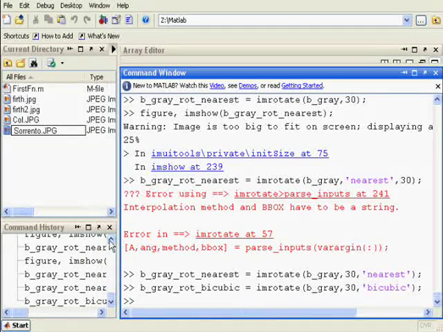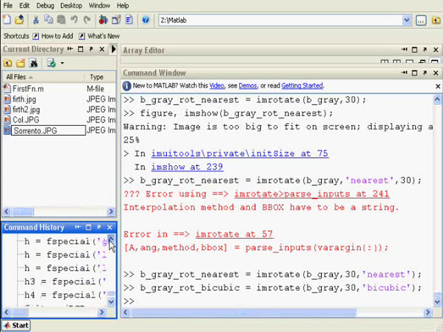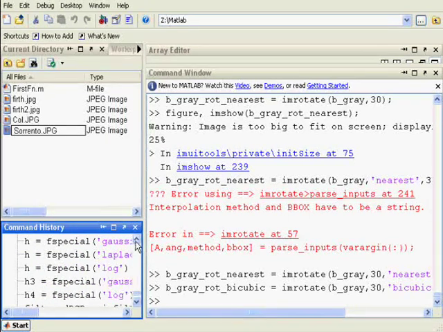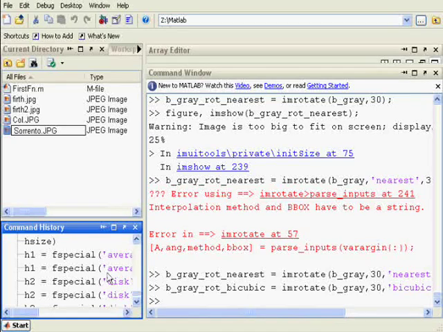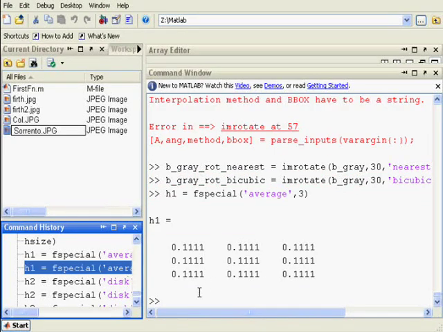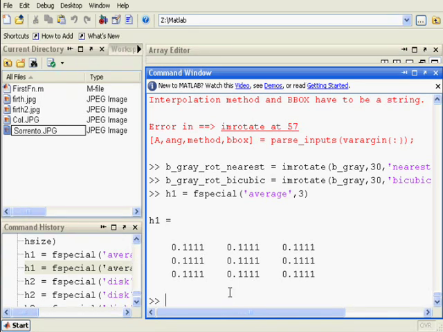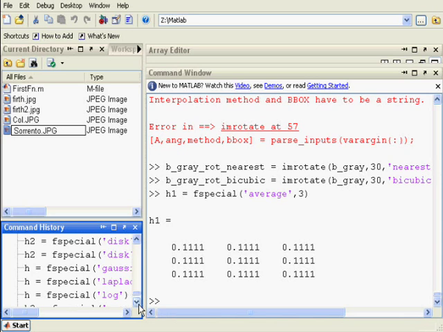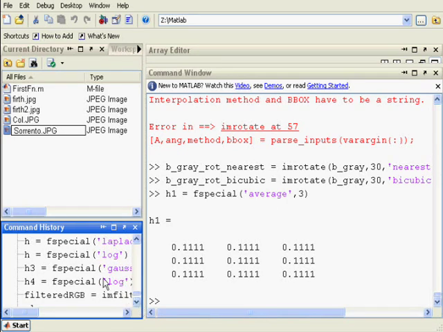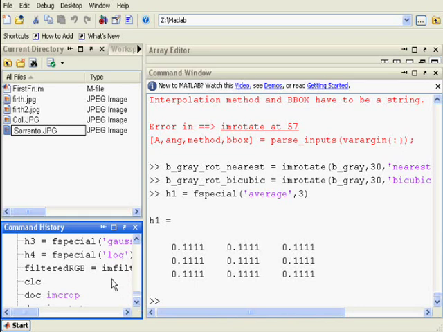Okay, I have some of them here lined up from before. So what we've done here is we're going to do some convolution, and we've created a 3x3 averaging filter, again beyond the scope of this tutorial to explain what's going on. The student should be aware of what's going on. So we've created that filter, which is an averaging filter, and the command down here is,